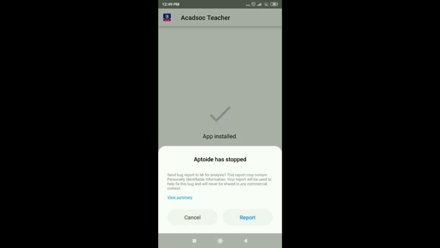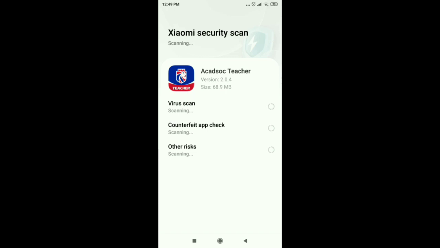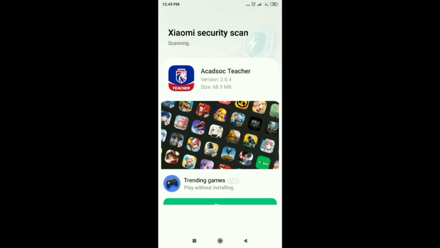Once na-install na po natin yung app, of course, makikita po ninyo app installed na nga po with a check mark. Usually, we just open the app. Okay, meron po kasing security check sa ginagamit kong phone. Although, you can just directly open the app from there. And then, once you have opened the app,